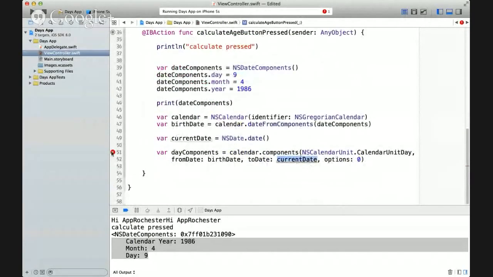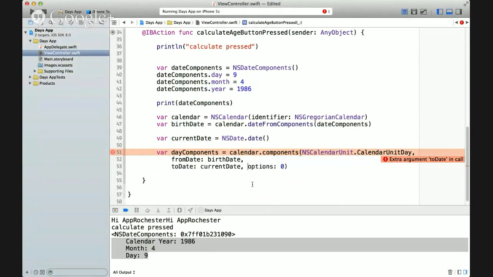And we've got 2 issues here. So if you're looking at this sidebar, this is showing you that there's an issue here. If we click on this, we have extra argument to date in call. Now, this error message will send you down the wrong path. This is not the correct issue, and that's one of the things that can be challenging when you're getting started working with code, is that it will send you down the wrong sort of rabbit hole in terms of trying to figure out